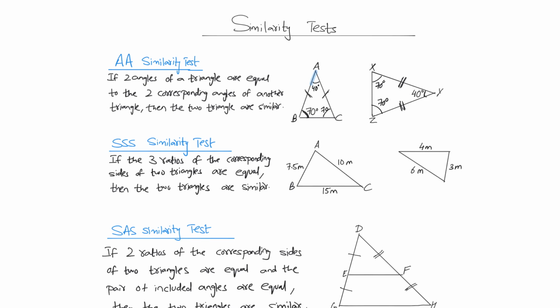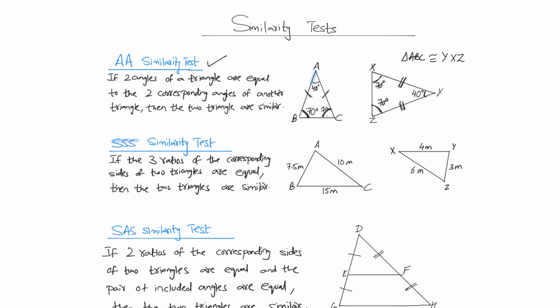So now you can say that triangle ABC is similar to triangle YXZ. Okay, so the angles are similar. So if two angles are similar, if you are able to show this, then you satisfy the AA similarity test. The other similarity test is the